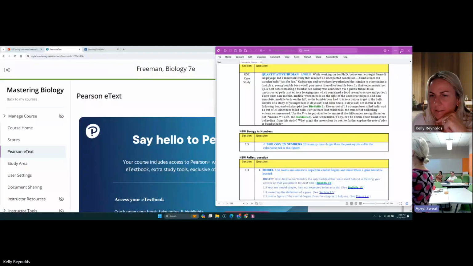Absolutely. As far as differences in images, let's say we decide to adopt now, but I don't want to go through and update all of my stuff. How big of a difference is it for me to keep my materials in the 7th edition while the students are reading the 8th edition? Or vice versa, right? I'm trying to decide, do we tell them, hey, go ahead now and it's fine, we'll take our time to update our materials, or if you're going to do it, you also need to build in time to update your own teaching materials?